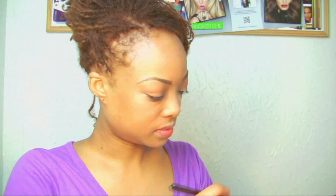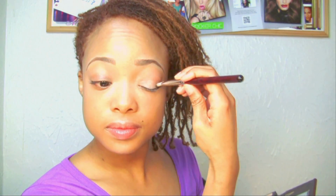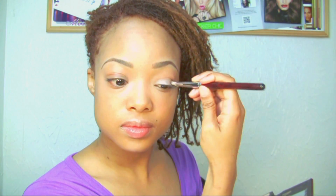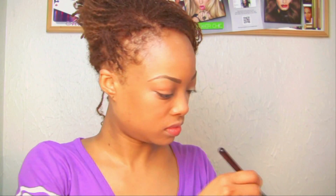It's not matte, it's more of a satin finish, so just keep that in mind when you're trying to find a similar color if you don't actually have this shade from Urban Decay, because I think it is also sold individually too. So even if you don't have the Naked palette, you could definitely grab this color from Urban Decay or something comparable. That'll work too. So I'm packing this on with a flat eyeshadow brush,